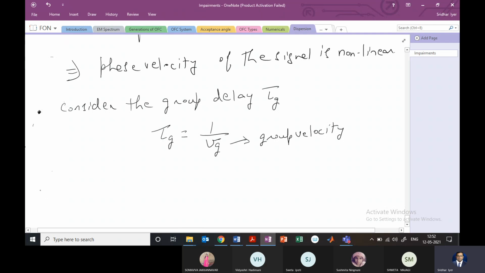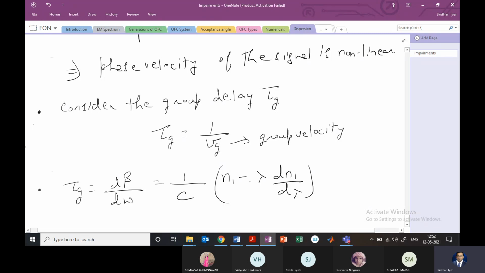And this tau g is given as d beta by d omega, where beta is the propagation constant and omega is the angular frequency 2 pi f, and this is given as (1 by c) (n1 minus lambda dn1 by d lambda). Okay, so I have not derived this equation of tau g, which I am going to be doing